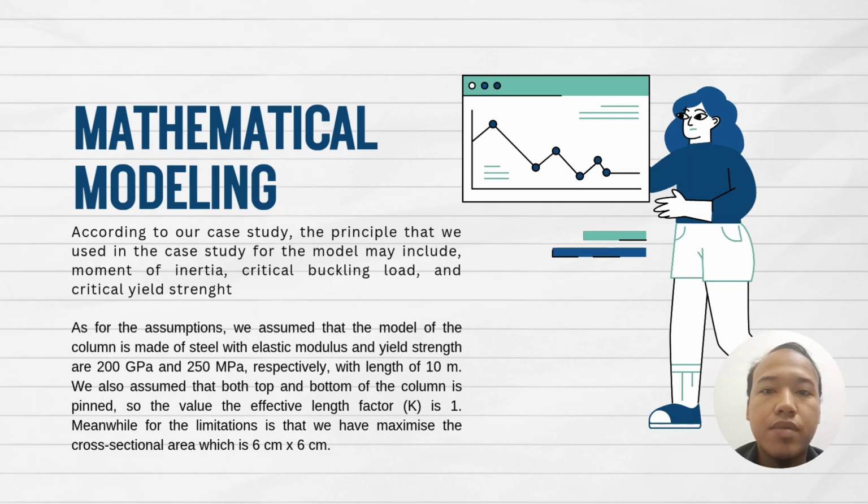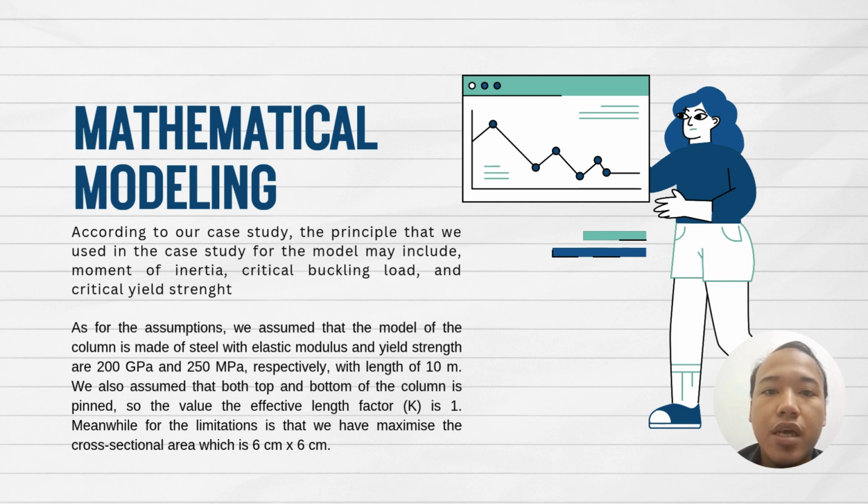My name is Muhammad Imran. I will present the mathematical modeling. According to our case study, the principles that we use for the model include the moment of inertia, critical buckling load, and critical yield strength. As for the assumptions, we assume that the model of the column is made of steel with elastic modulus and yield strength